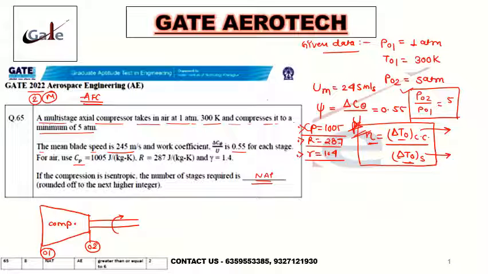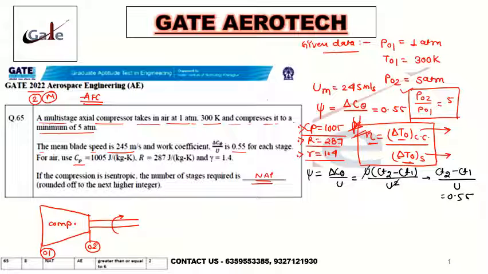If you see carefully, they have given the work coefficient, right? And ideally from the formula, the work coefficient is nothing but u into C theta 2 minus C theta 1, over u square. C theta is the tangential component, or swirl or whirl component, of your velocity triangle. So they have given the change in swirl or tangential component, and u is already present in that, and this is u square. So if you take out u, this becomes C theta 2 minus C theta 1 divided by u, which is given